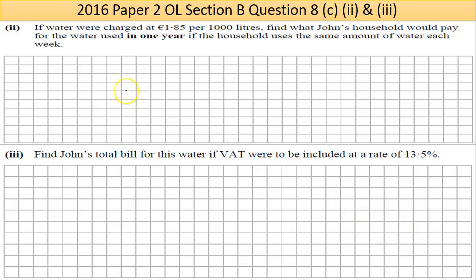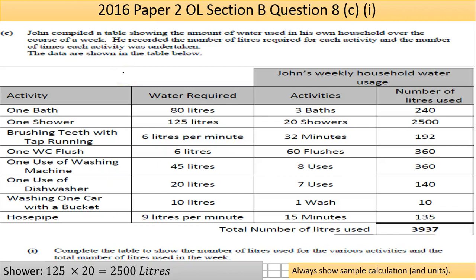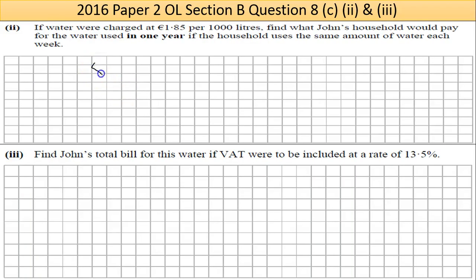Now, that's part C, part 2 now. If water were charged at €1.85 per 1,000 litres, find what John's household would pay for the water used in 1 year if the household uses the same amount of water each week. Now, he's using 3937 litres per week. Let's be clear on this, and this is something that was answered by, I'd say, about 10% of students,